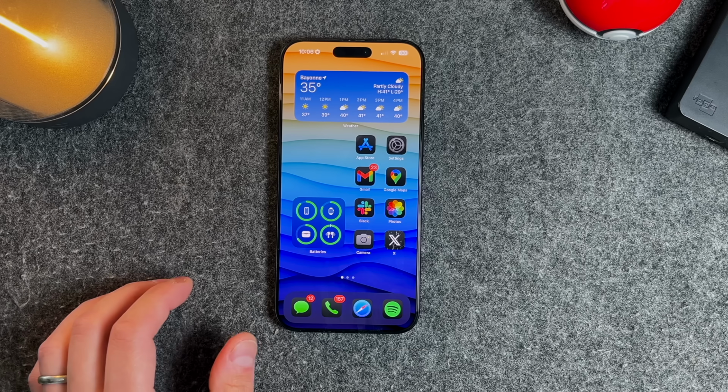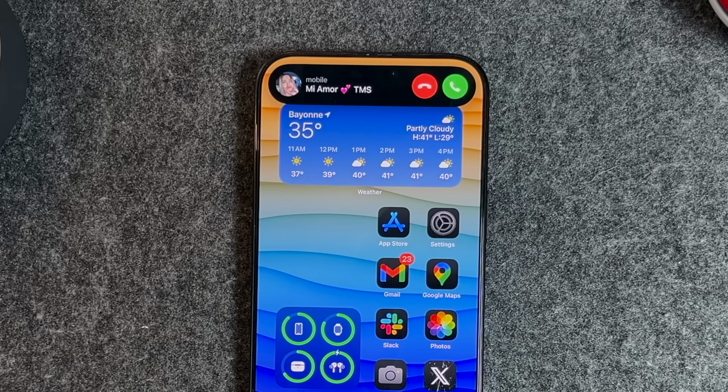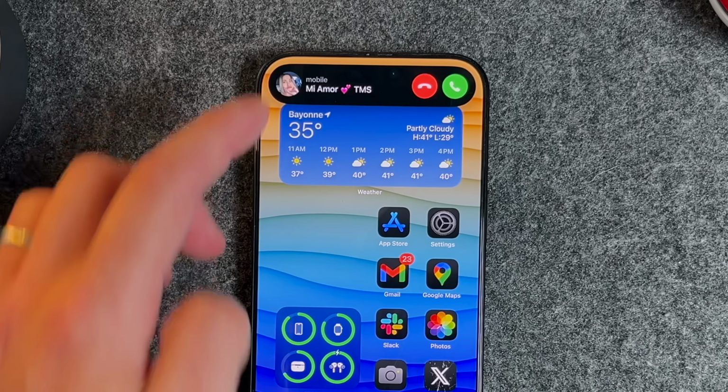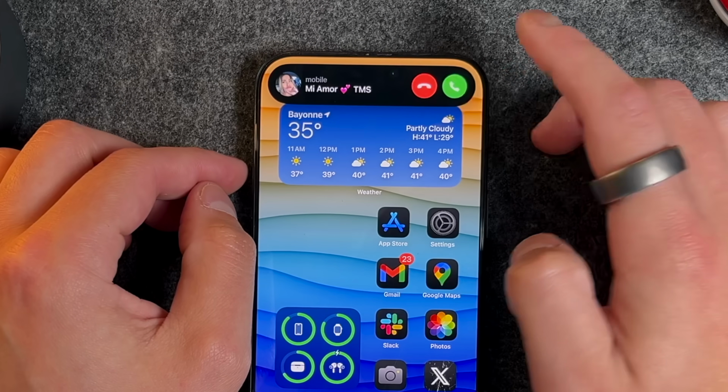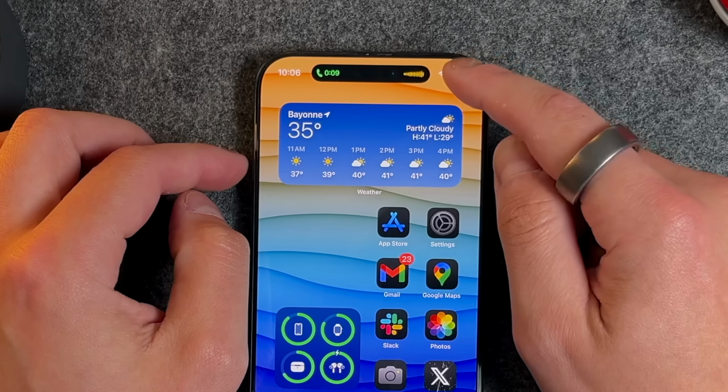This next one is going to be when you receive a call and also when you're on an actual phone call itself. So let me call myself and see exactly what it looks like when you are calling somebody. So you can see that it is coming on here, and then if I press answer, of course it's going to answer, but then it'll stay up there, which is awesome to see, and you can actually see the waveforms